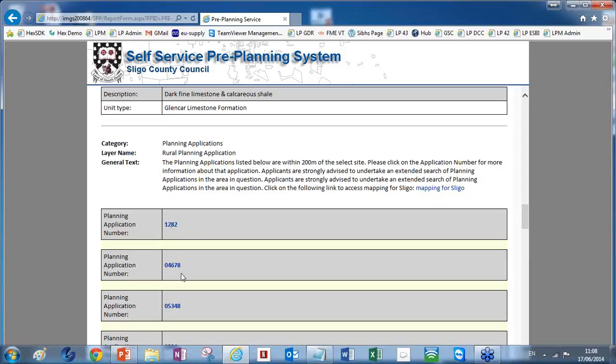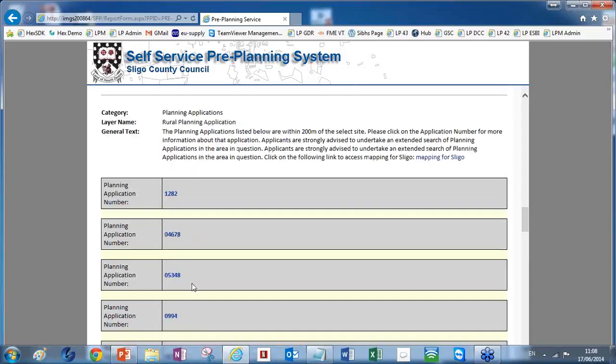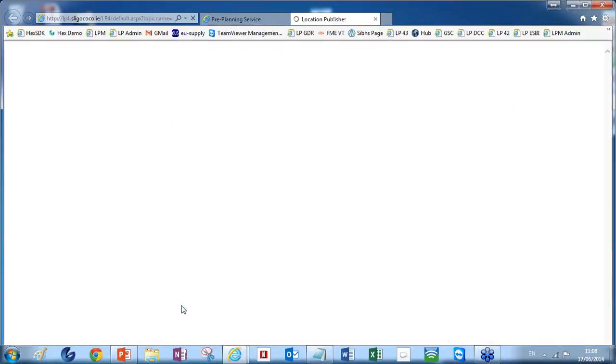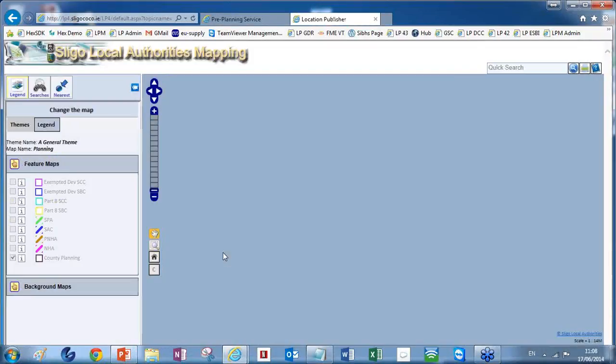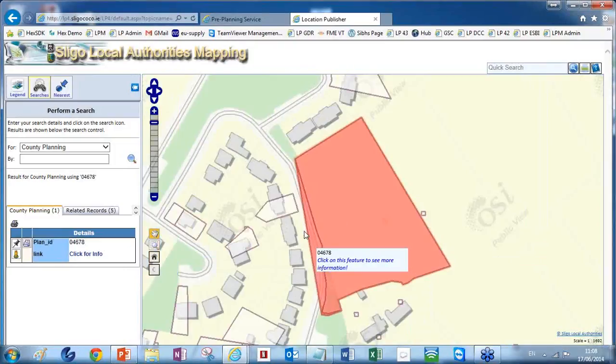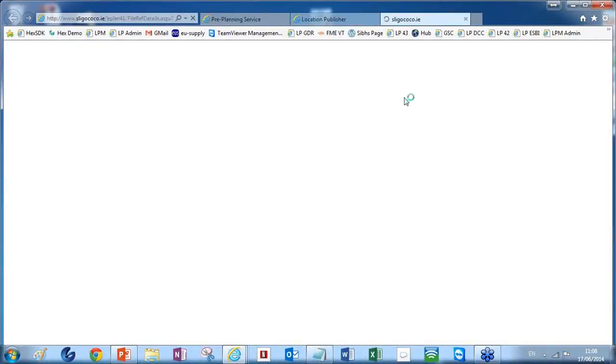And here you can see that these are linked. We have the ability to link each separate planning application out to a different application. So if I click that, that will take me to the Location Publisher for Sligo, and it will zoom into that planning application. You could also have a link out to the ePlan or your iPlan directly from the report,